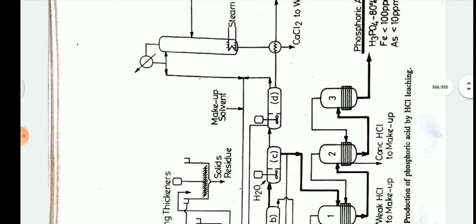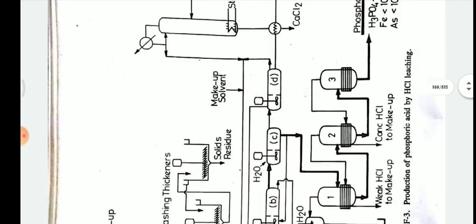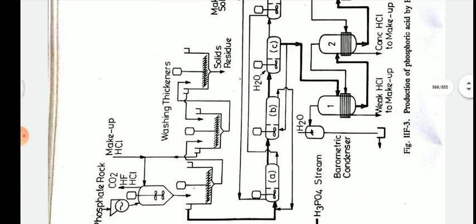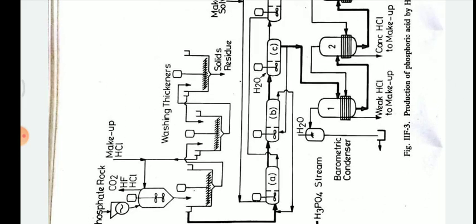At the top, the first stirrer gives maximum conversion and is sent to the first stirrer A. Then the residue is sent directly to the